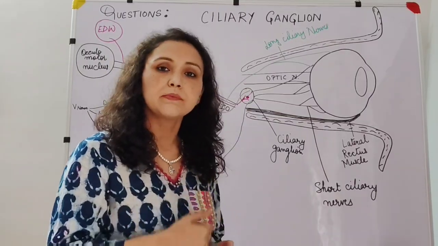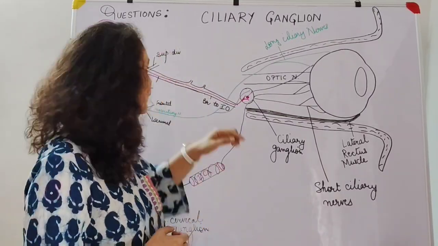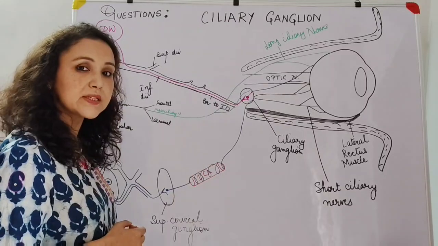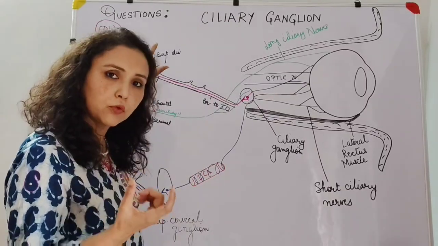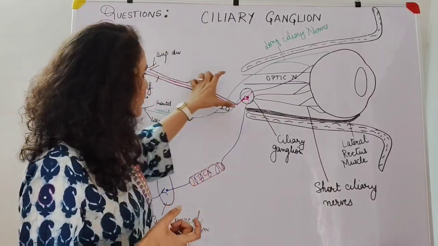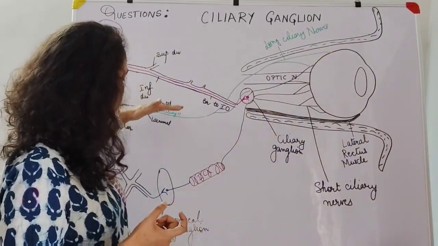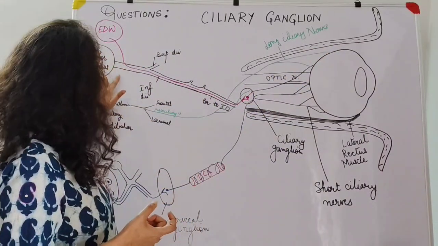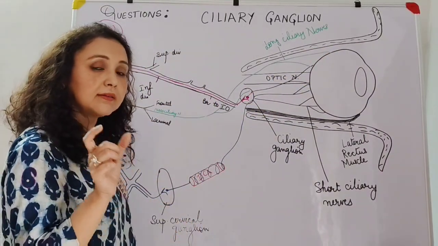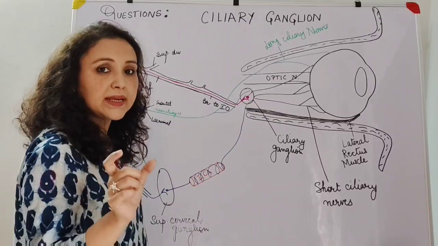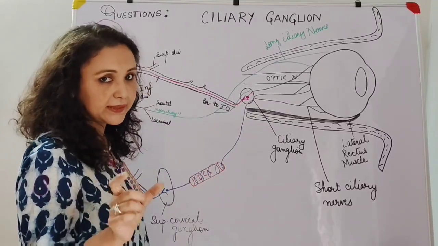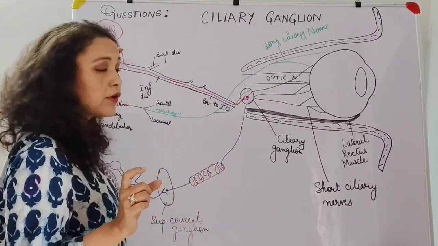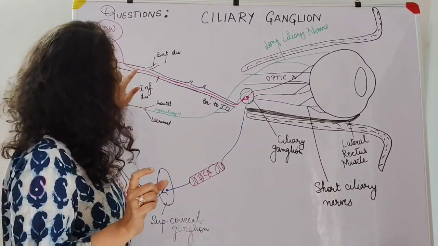So as we discussed in the previous video, it is very easy to trace. You have to trace it from Edinger-Westphal nucleus. You can draw a flow chart. You can draw just this part of the diagram. No need to draw the other roots. You can show that the preganglionic, this word is very important, preganglionic parasympathetic fibers arise from Edinger-Westphal nucleus, join the